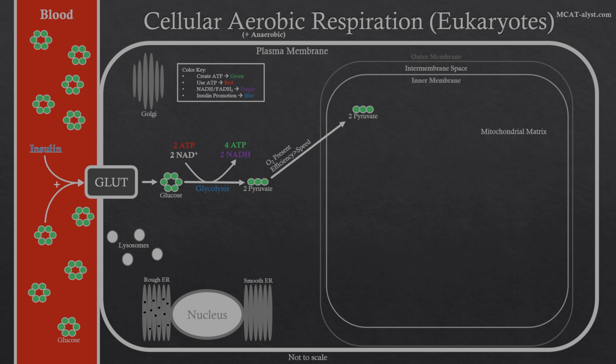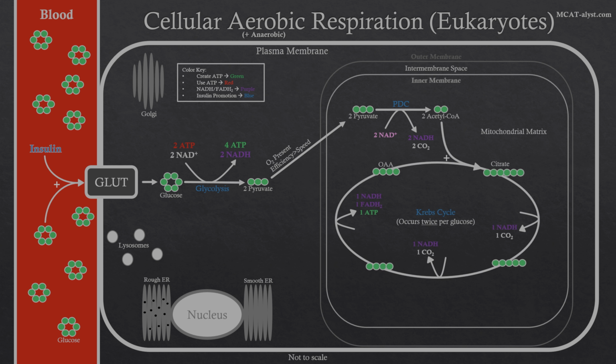Once this pyruvate is in the mitochondrial matrix, we can send it through the PDC, which is going to form acetyl-CoA. And once we have this acetyl-CoA, we can then start the Krebs cycle. All of this is in the aim of producing ATP or electron carriers. So from here, we're going to take all of these electron carriers that we've produced in all of these other processes. We're going to send them through the electron transport chain, where NADH is going to drop off its electrons at complex 1, FADH2 is going to drop off its electrons at complex 2,